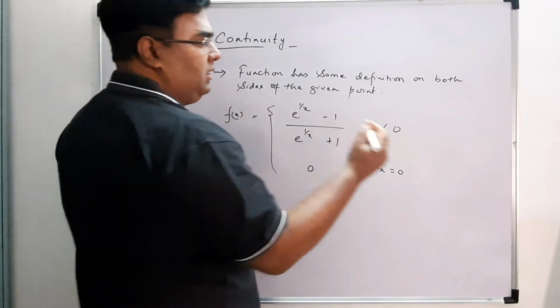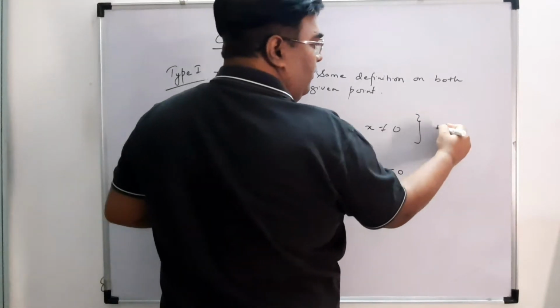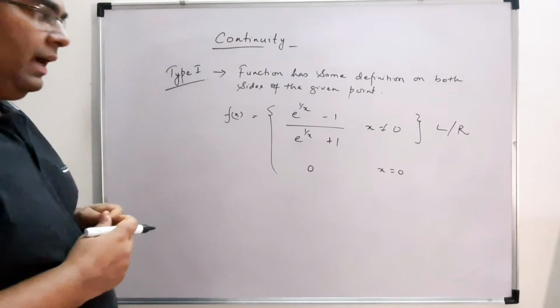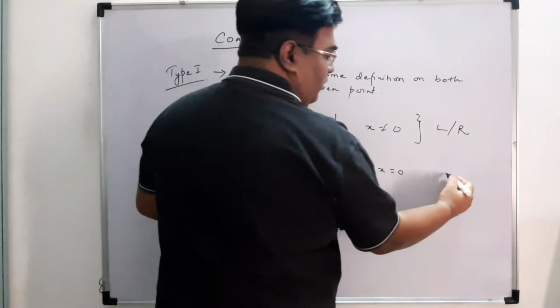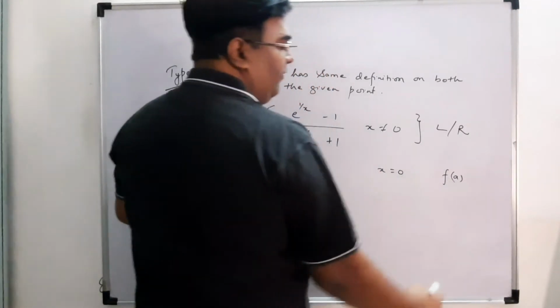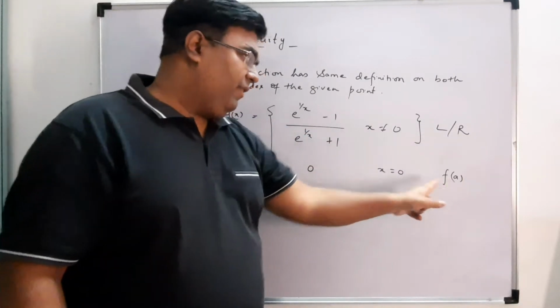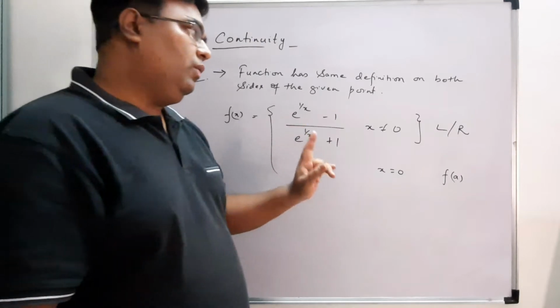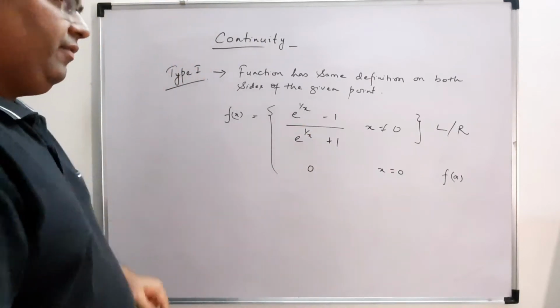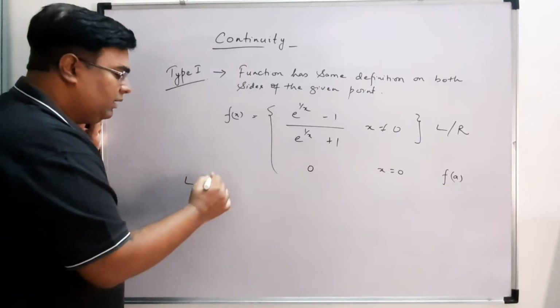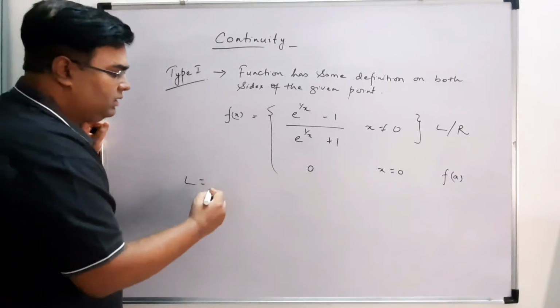So this definition we will use for the left hand limit and right hand limit, and this definition we will use for our f(a). So we need to find L, we need to find R. f(a) is already given, which is 0, so we don't need to find f(a) here. So let us find out my L. L is what? You can say limit